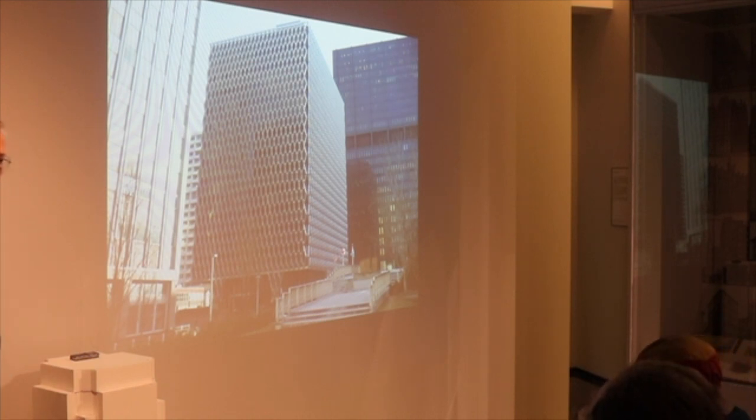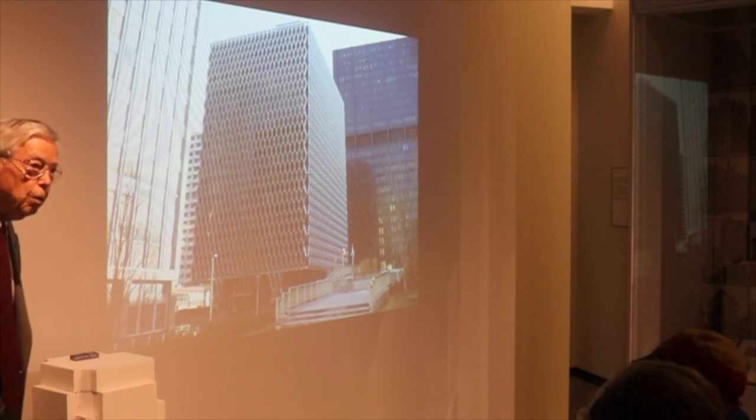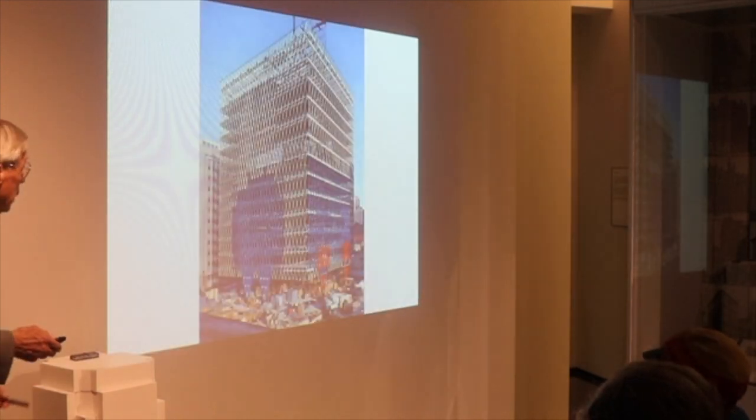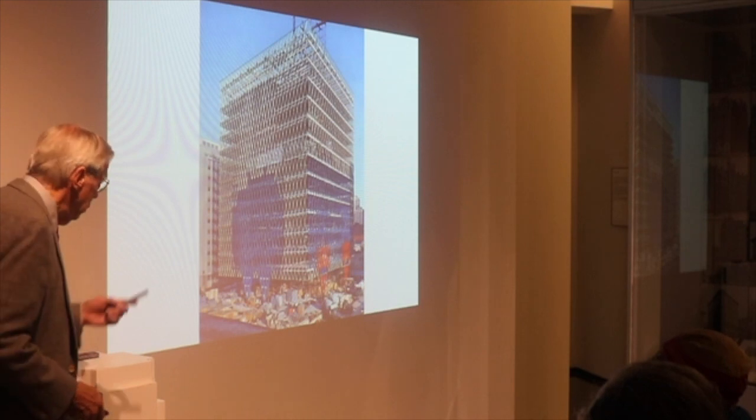Now it has a name. It's called a diagrid, isn't it? I think, yeah. We didn't have a name for it. It was just a truss. But same structure. And you see, the